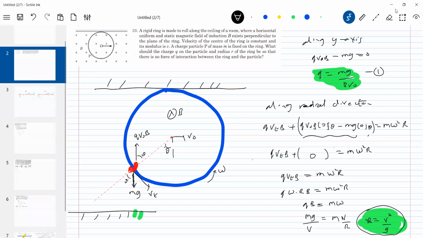With respect to the center of mass of the ring, what will be the only force that will be acting? What will be the centripetal force? M omega square r, that's all. Okay, that BD said I made a ring, so instead of that particle, let that be a bead. So you'll come to know there's no normal contact. So what is the meaning of this? No normal contact. There's a condition given. If there were normal contact, the things would be a little bit different.